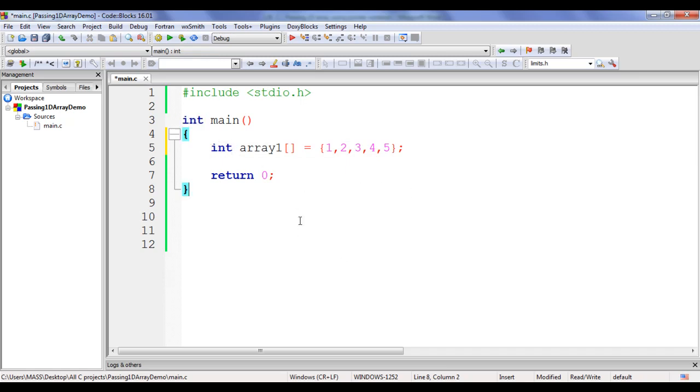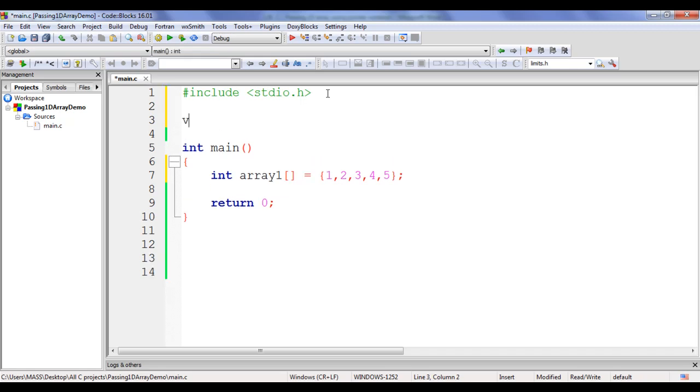Next, I want to create a function. If I pass a one-dimensional array of type integer to it, it should display values inside that array, guys. So first I should declare that function. Above the main function, I say void, then I write the function name displayIArray. I'm using void keyword, which indicates displayIArray function does not return any value back.